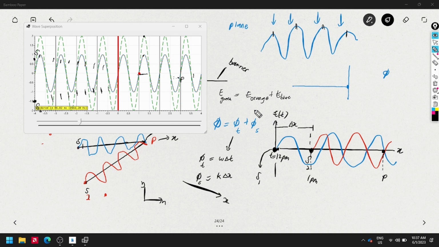When I say algebraically, it is because the vertical axis here is the electric field strength, which is a scalar value. I'm not mentioning the electric field. The electric field is a vector which has a direction, but I'm talking about the strength, which is the modulus, or the magnitude of my electric field, which is fluctuating. So I hope you get the idea.